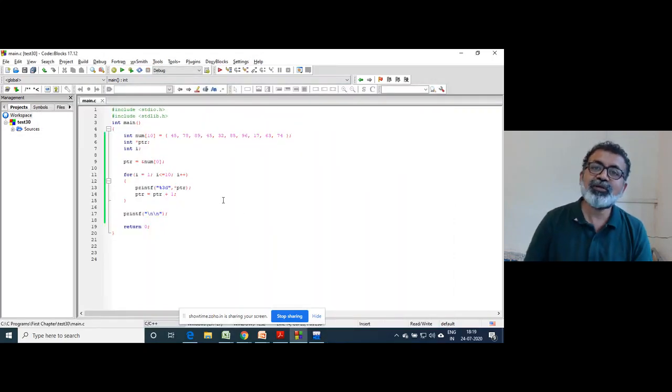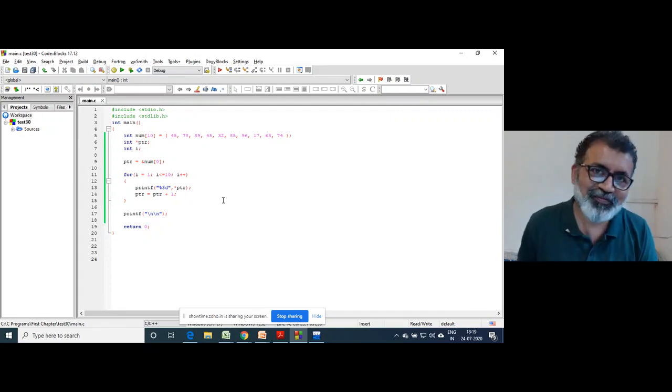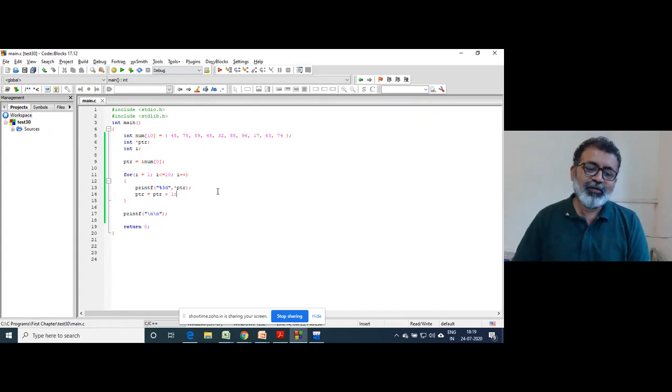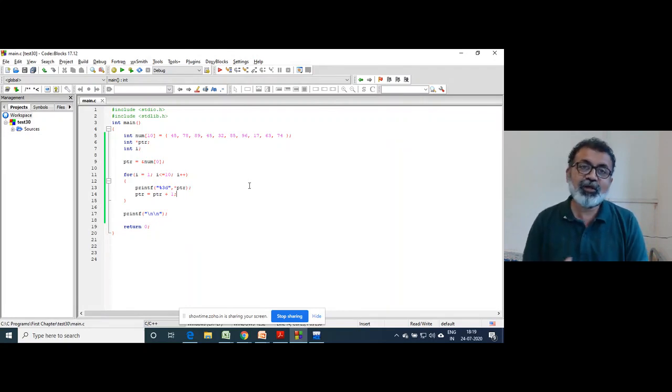That is the use of the pointer as far as array access is concerned. A lot of uses are there, but first of all we will see what operations are performed. One more I forgot in the valid operations. You can add a constant to the pointer. You can subtract a constant from the pointer.